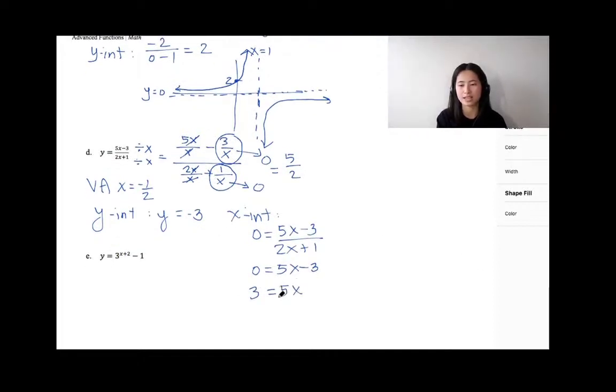Does that make sense, guys? You're dividing this by 5, so x is equal to 3 over 5. Cool. So we know that our x-intercept is 3 over 5. So 3 over 5 is 0.6. Okay, this is way too much space. Let me just